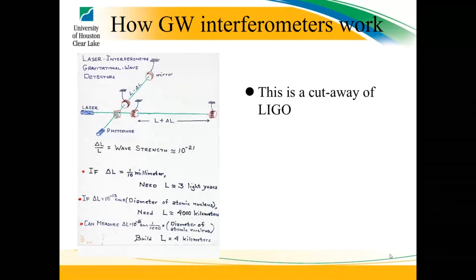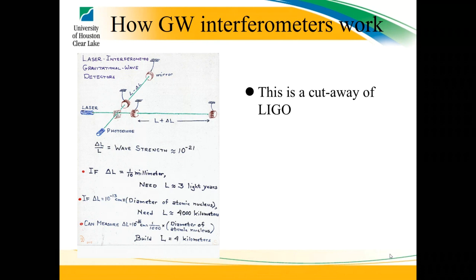And so the typical signal that we're expected to detect with a gravitational wave from, say, colliding black holes is on the order of 10 to the minus 21. That means that the change in length is 10 to the minus 21 of the total length. So if you want to detect a change of a tenth of a millimeter, you would need arms that are 3 light years long. Yeah. To get a tenth of a millimeter. Okay. Now, I think when they first brought that to NSF, they said, nope.